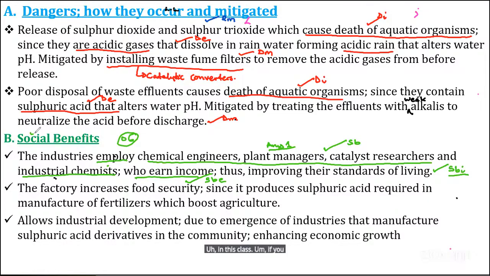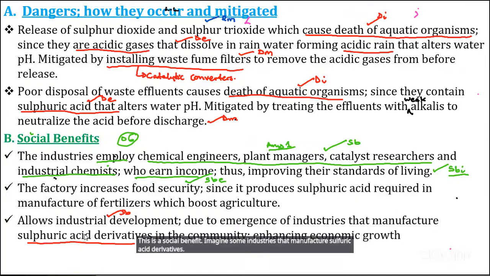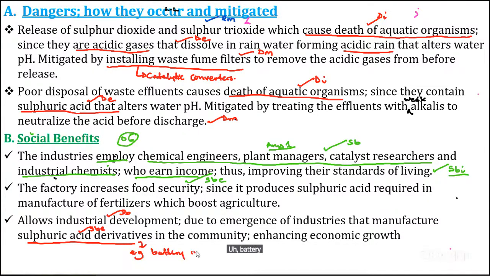If you look at this, it allows industrial development. This is a social benefit. Emergence of industries that manufacture sulfuric acid derivatives in the community. E.g., you can even give an example, e.g., battery manufacturing industry,